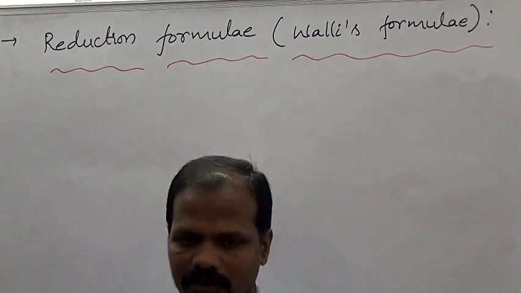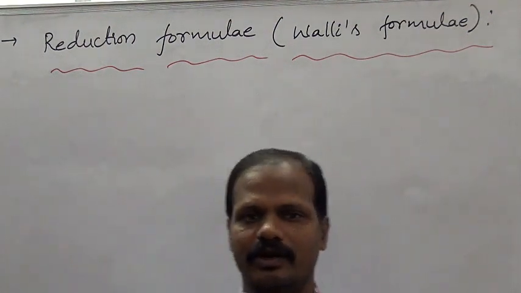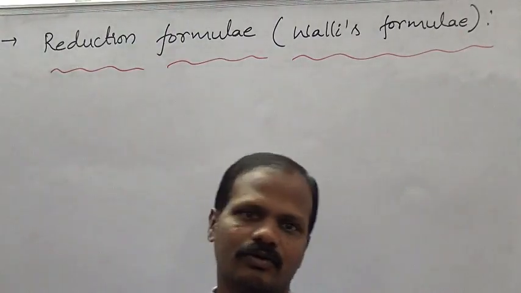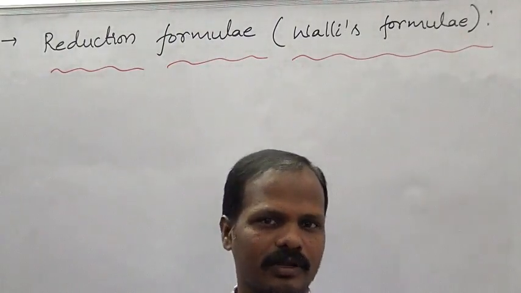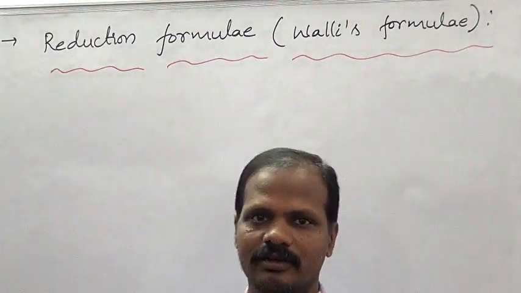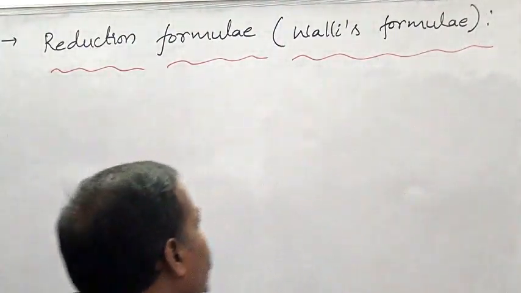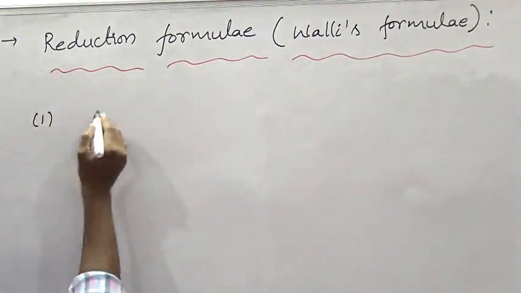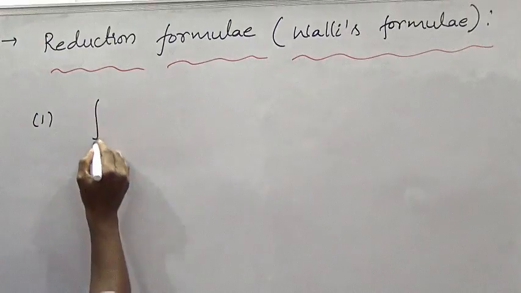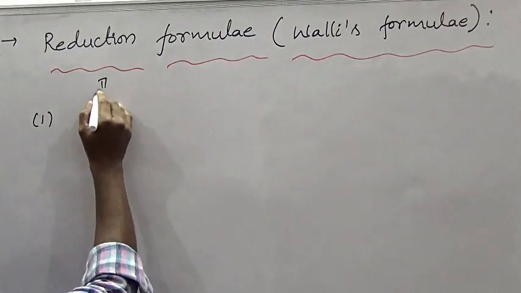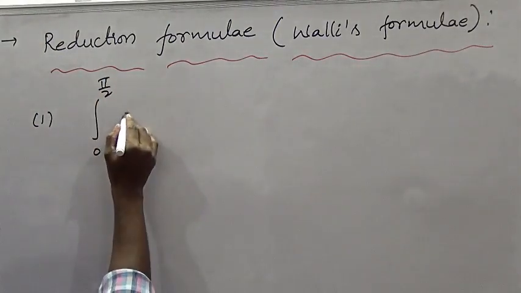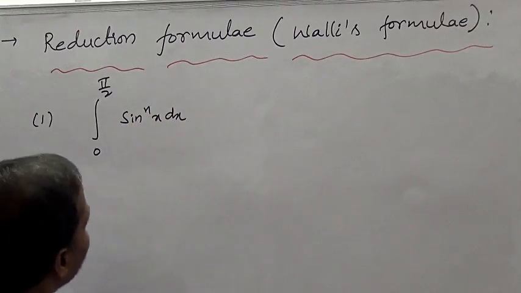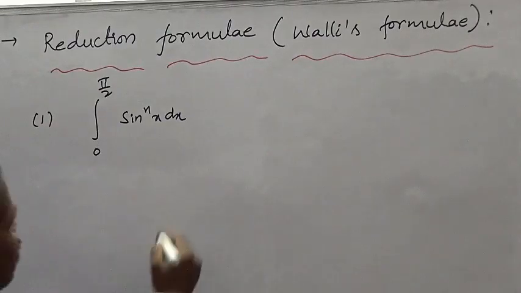Okay, next. So, reduction formula for definite integral. Actually, we already learned the reduction formula for indefinite integral. Now, integral from 0 to pi by 2 of sin power n x dx equal to